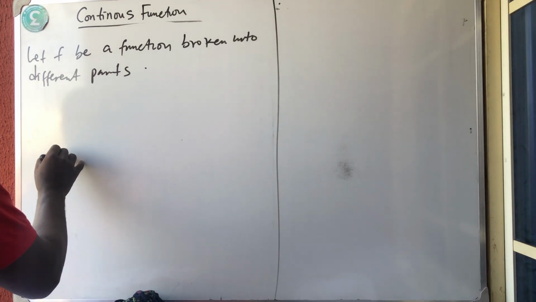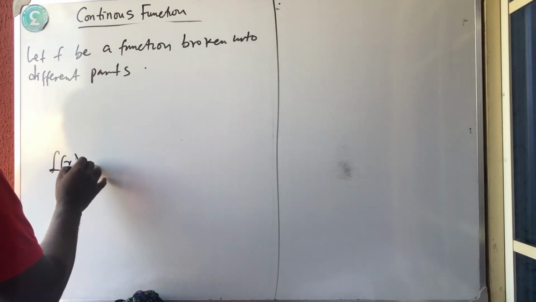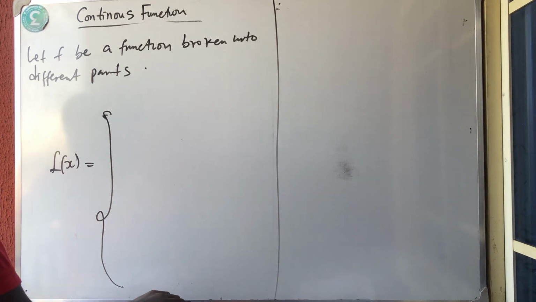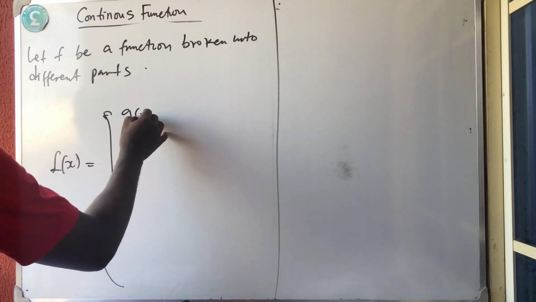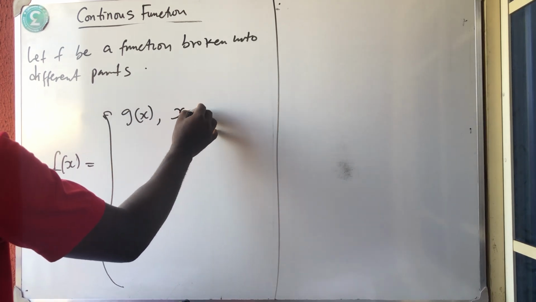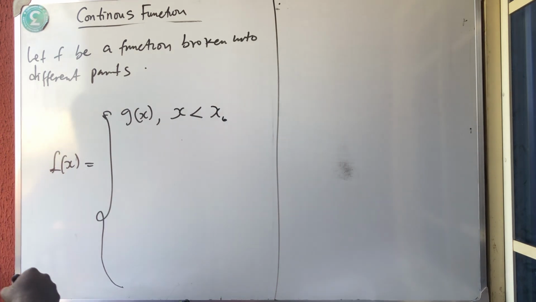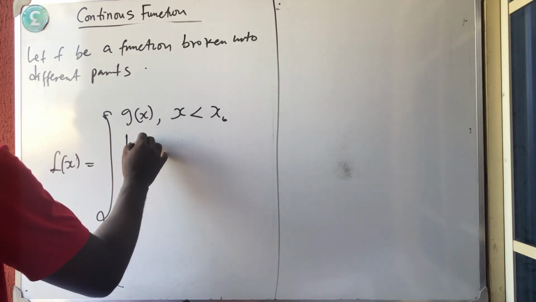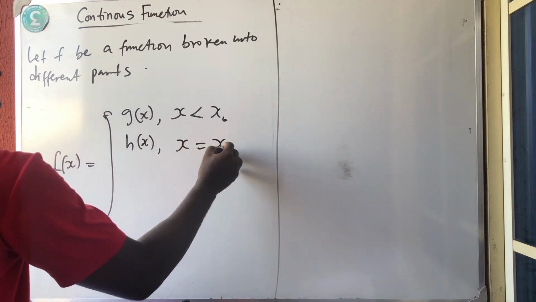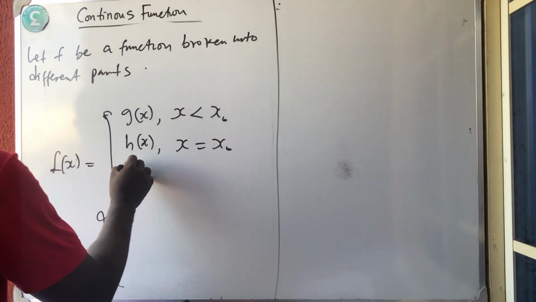And the parts are that f of x is equal to g of x when x is less than x naught, okay? And is equal to h of x when x is equal to x naught,